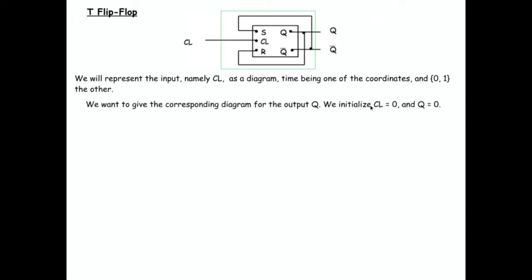The Q, right? So we're going to initialize clock to 0 and Q to 0, which means that Q prime is going to be 1. So this is the diagram, right? When we go from left to right, this is the passage of time, right? And it oscillates, the clock, right? If you remember, we have the low voltage state, and then we have a surge to the higher voltage state,